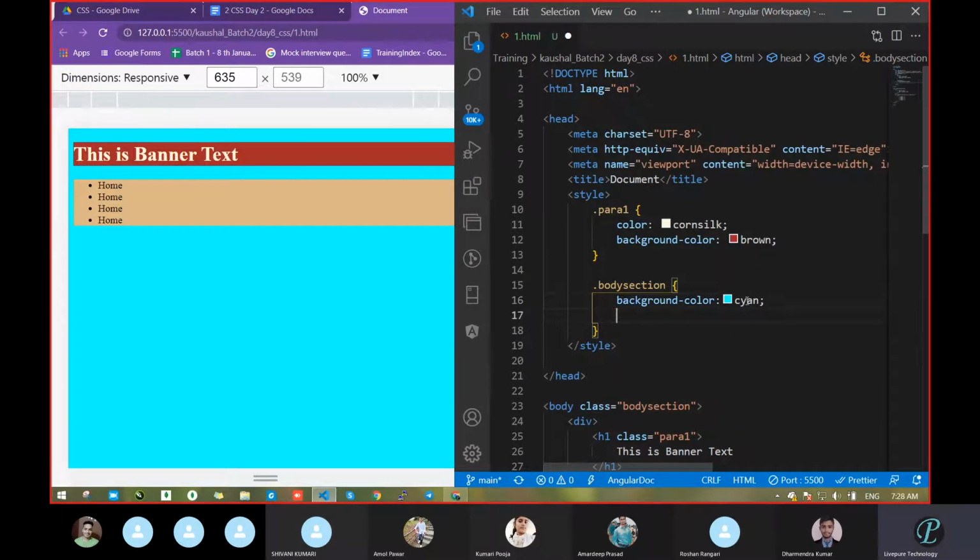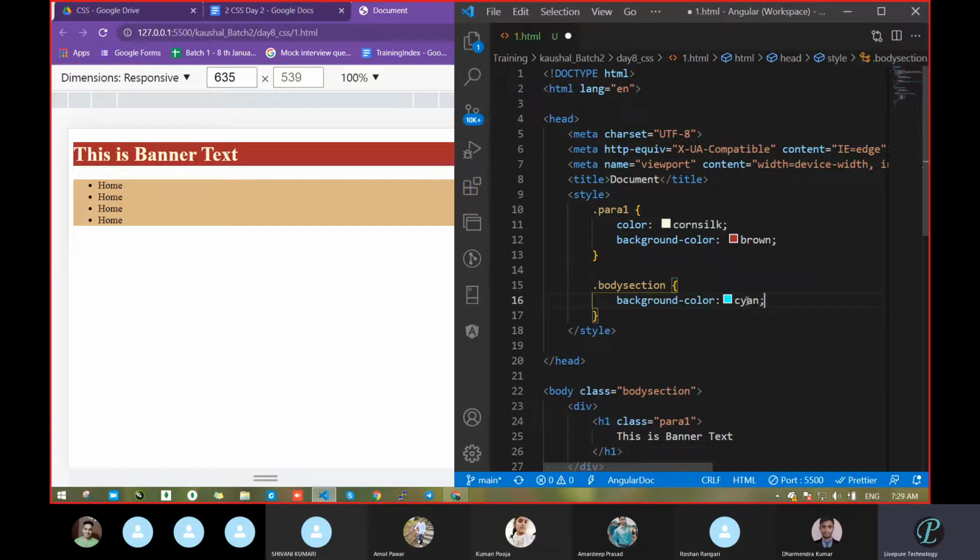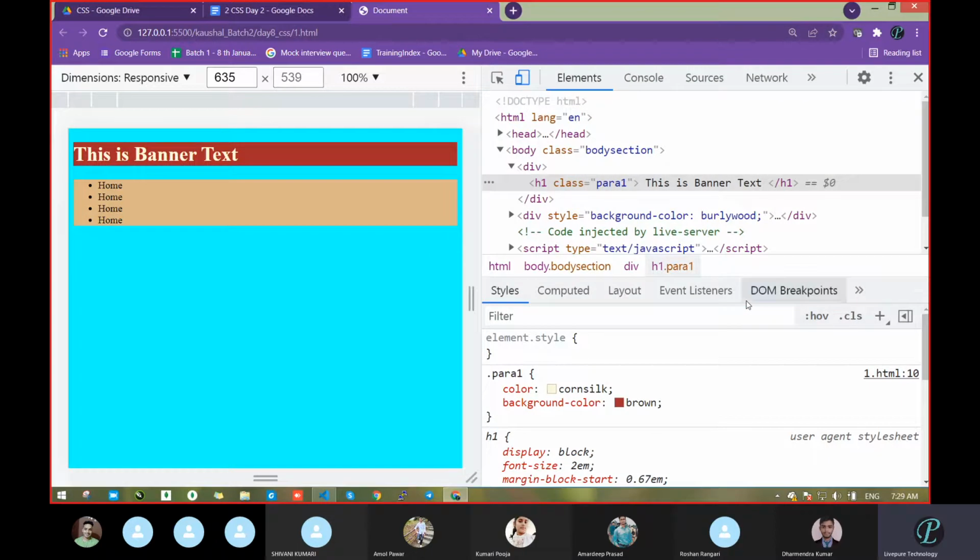Otherwise, suppose we have to write something like background color itself. By mistake, suppose you had written BSCK background color, this came, but I had not written COLOUR. Suppose you wrote this by mistake and you did not get a suggestion. Now if you check whether it will work or not, we don't know. Now it is gone. So it is better whenever you have to do some extra changes that you check in the DOM, and once it is reflected, meaning it meets your requirement, you can copy and paste the code there.